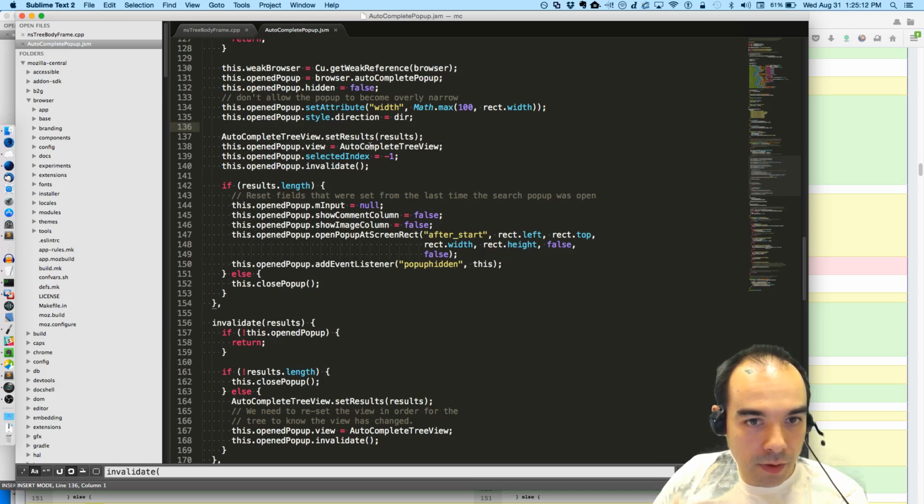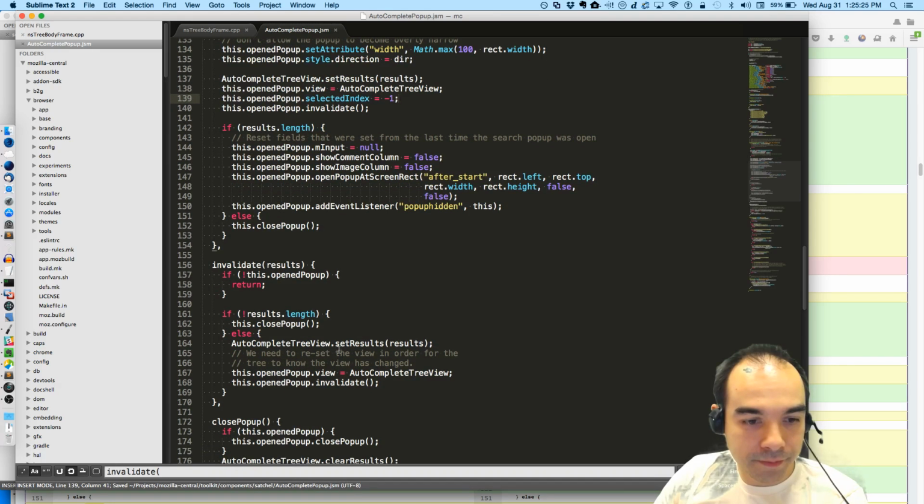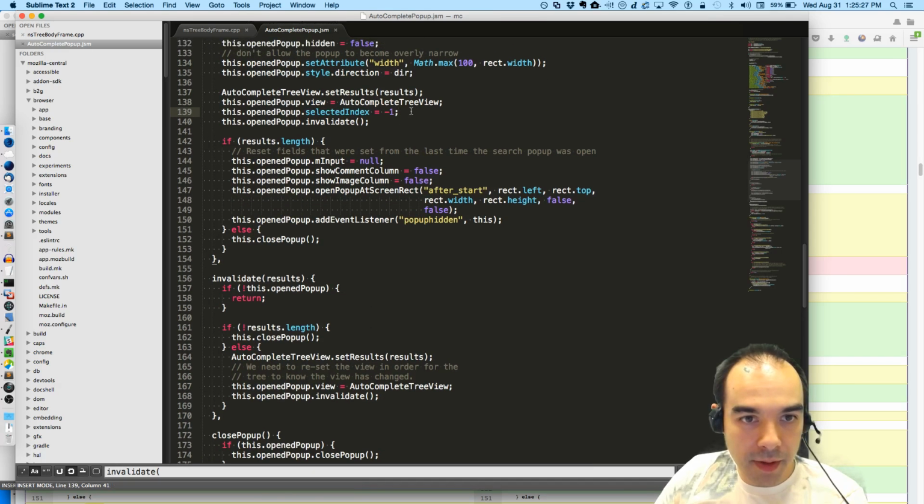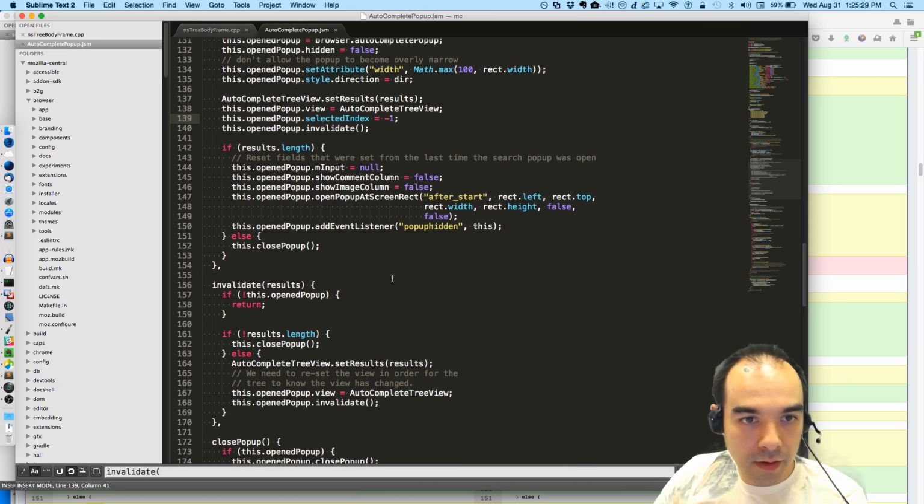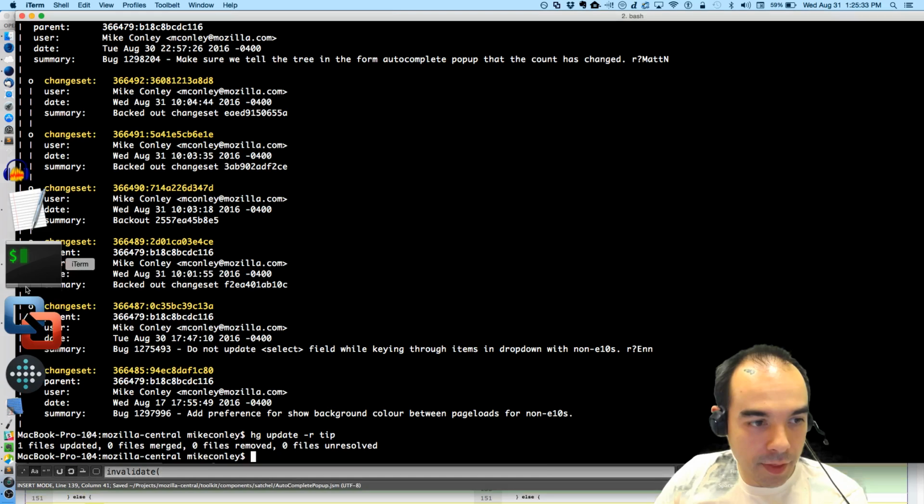This open view is obviously selected index equals -1. Well, this selected index thing might be a pain. All right, we'll just leave it. But I think that'll fix it.